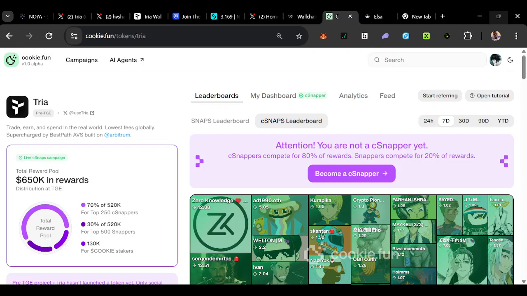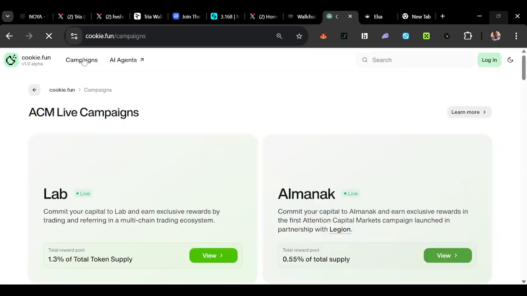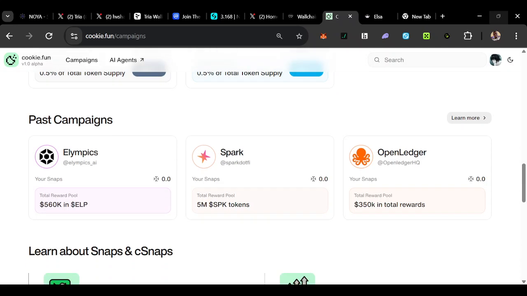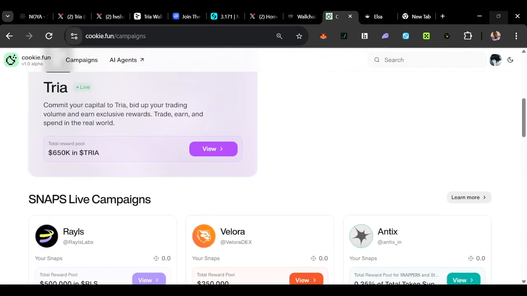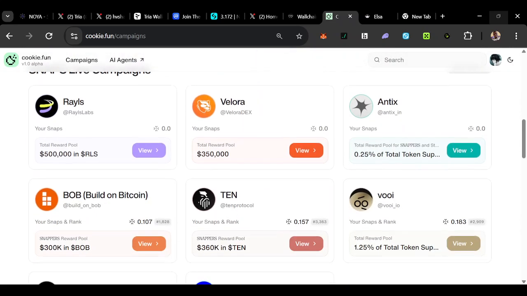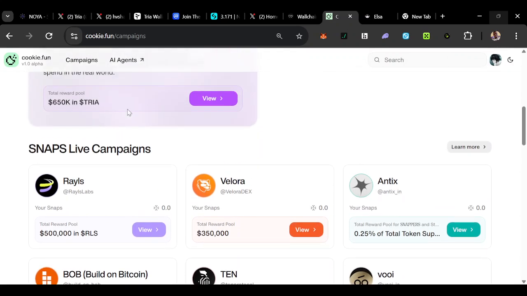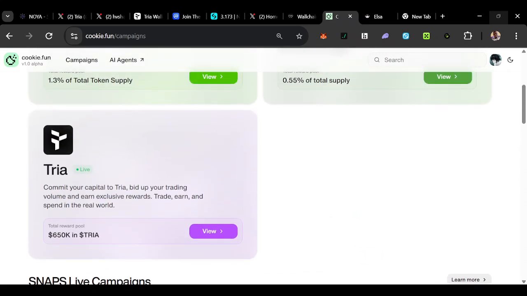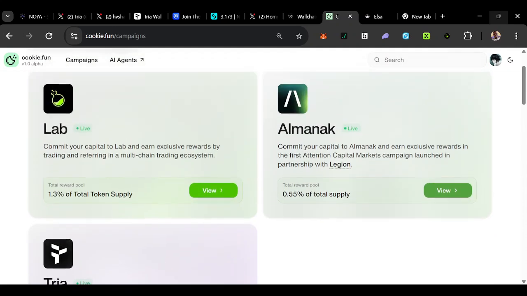Now when you go to the available campaigns, you're going to see that we have a lot of campaigns here. These are projects you can talk about, and then you can actually get rewards. But I'm not interested in all of these snaps campaigns. They are too competitive. Not because I don't like competition, but most of the time they end up not giving enough because so many people are involved. But this time around, I'm going to be focusing on these ones called